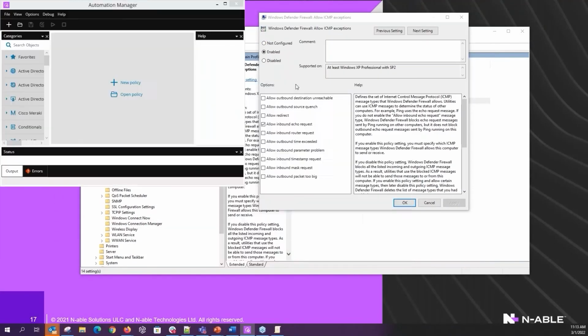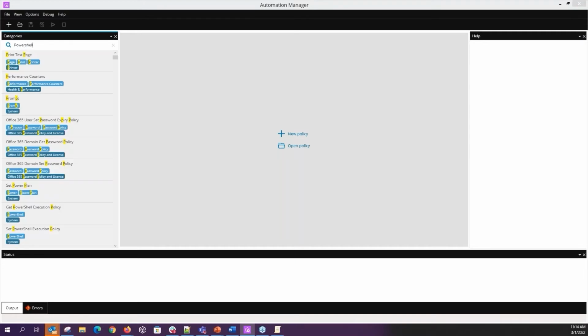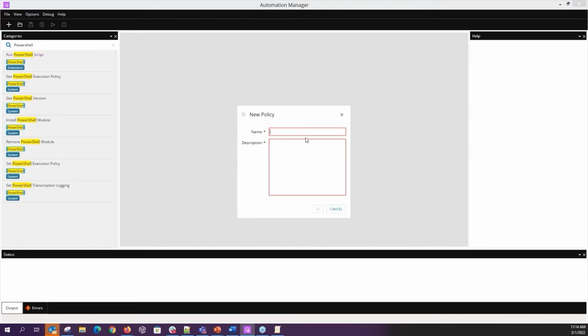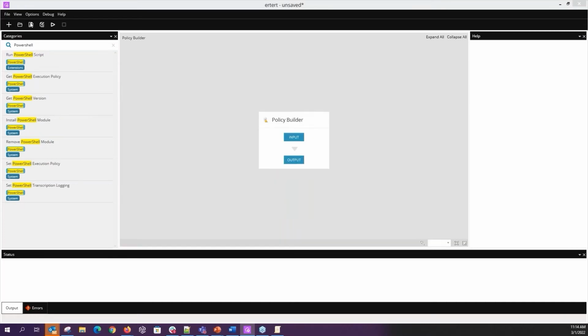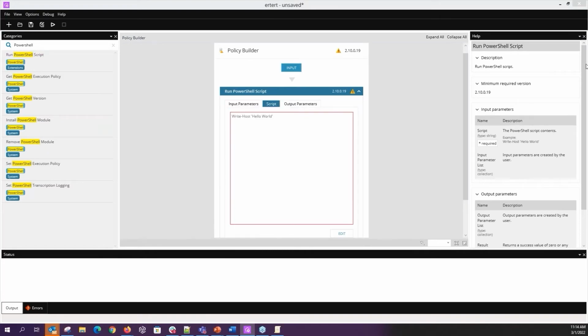Now, there's several inputs in N-central, right? So you're using PowerShell, right? First things first, we're going to do a PowerShell script. Okay, and we're going to drag and drop this. And I'm actually just going to do a quick copy and paste on things like,